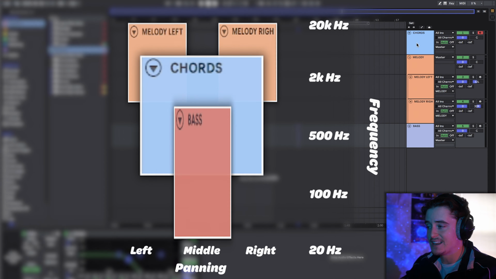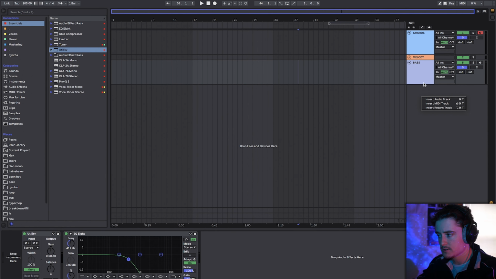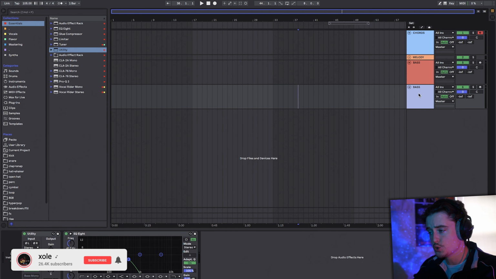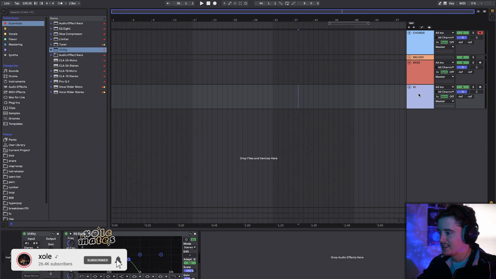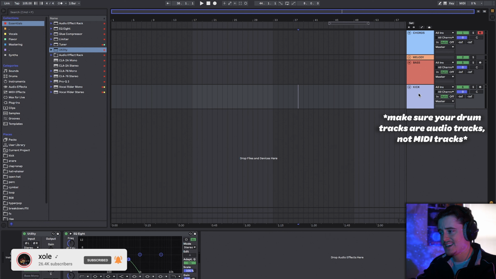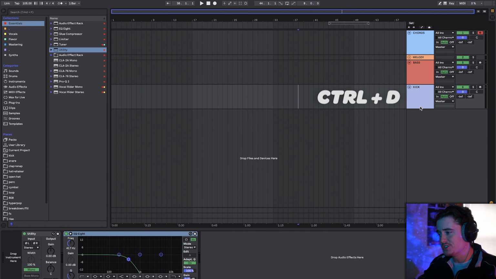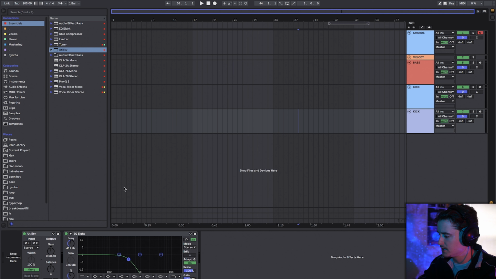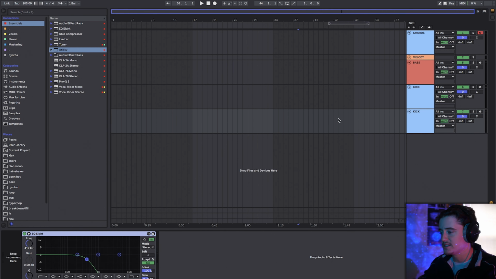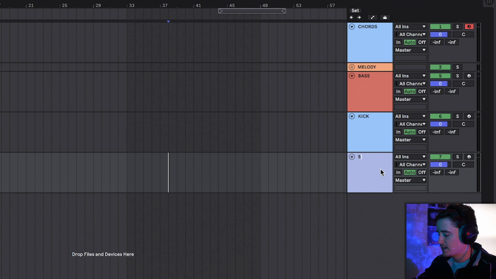And that's just the instruments. So moving on to the drums, what I'm going to do is just duplicate this bass and call it kick. The kick is going to be mixed kind of the same way as the bass. We want it to be mono because the lows usually want to be kept in the middle. And then we're going to duplicate the kick and remove this mono because we want this sample, which is going to be the snare or clap,